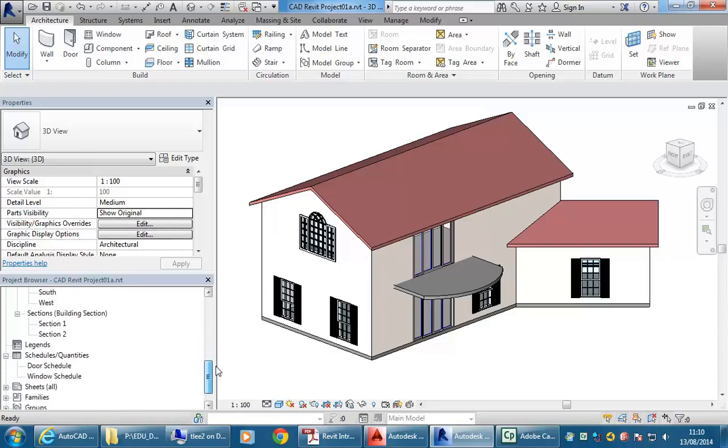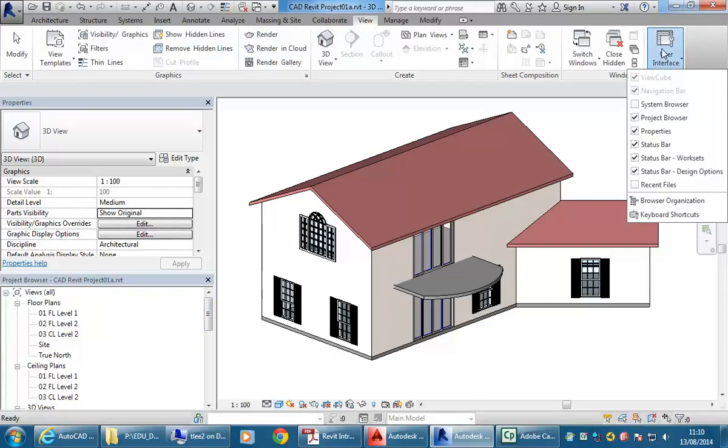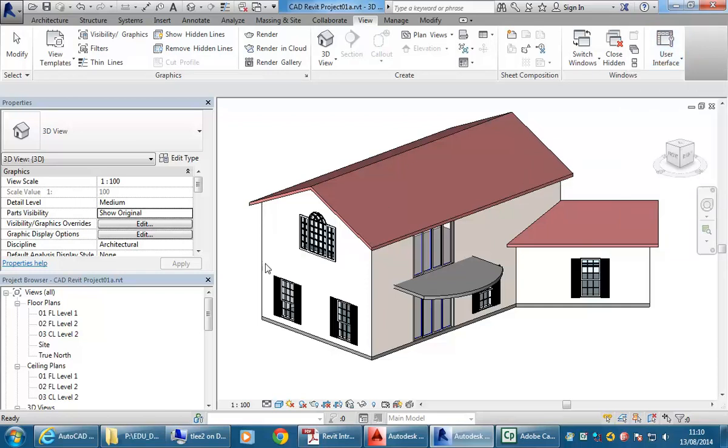Alright, so looking in the project browser, you need the project browser to be there. Remember, if you've closed it, you can get it on the View tab and then User Interface, where you'll see I've got a tick next to Project Browser. And then, as long as you can see your project browser, you should be able to scroll down to the bottom and see there's a Sheets category